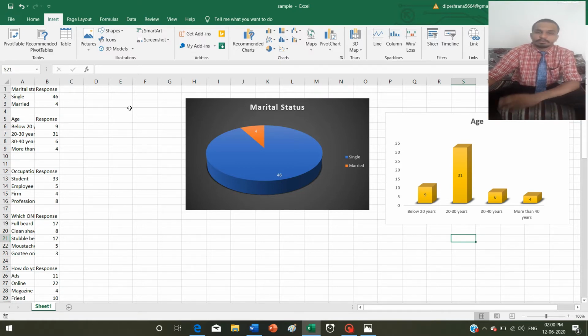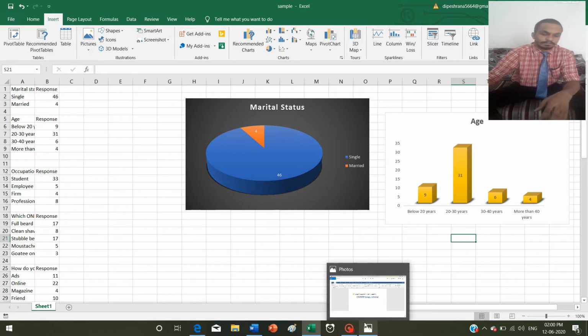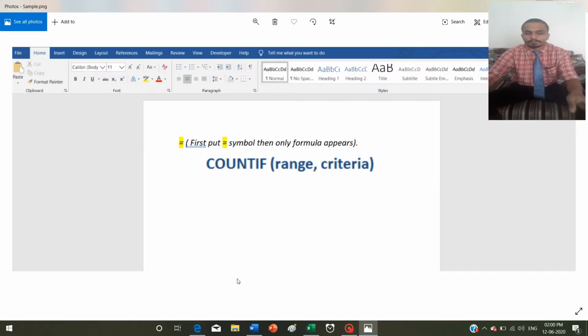Second topic would be, if you have done a survey and collected the responses, how from those responses, that report, you can make your table. It is very simple, very easy. You just have to practice. This is a formula.